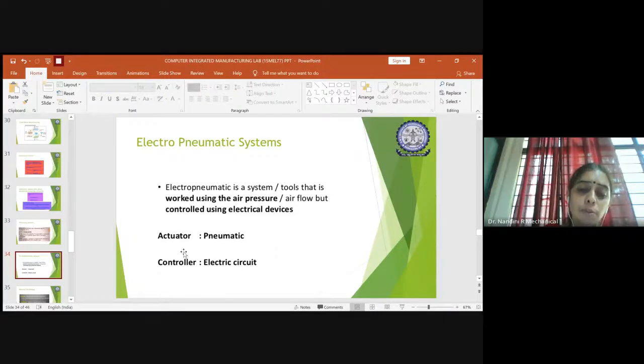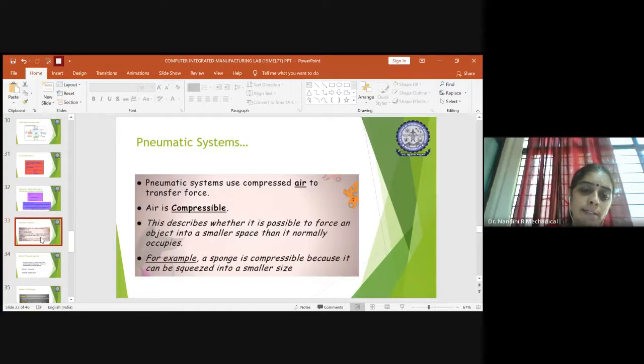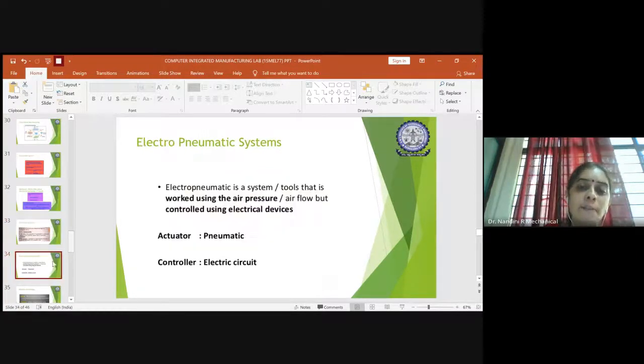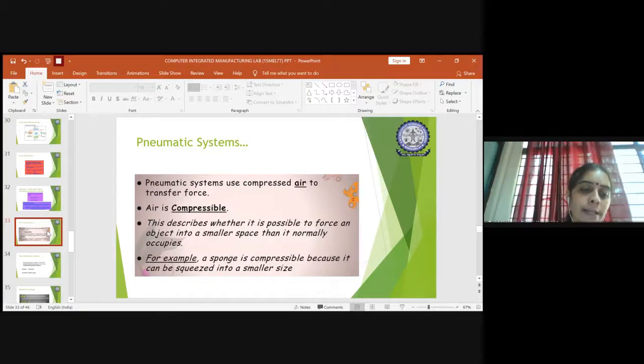To make this actuator work, you should have a controller, which will be associated with some electrical circuit. With the help of this actuator, you can do the required work. So a normal pneumatic system can be made into an electro-pneumatic system, and working with it will be more feasible and convenient than with a normal pneumatic system.